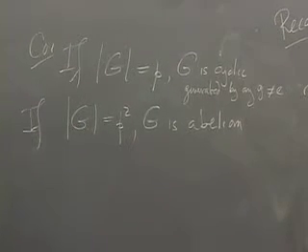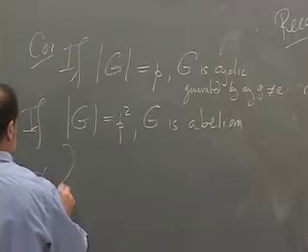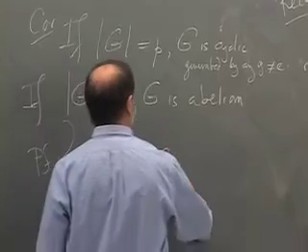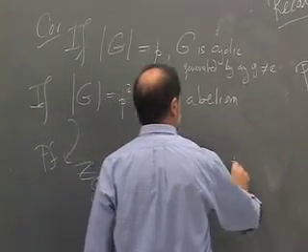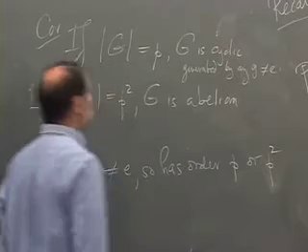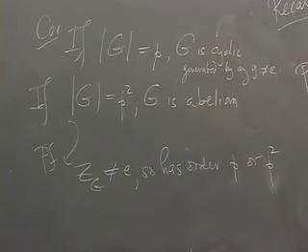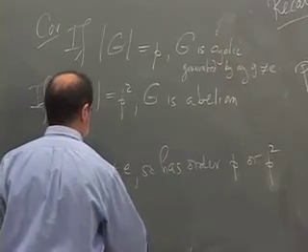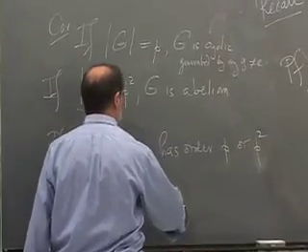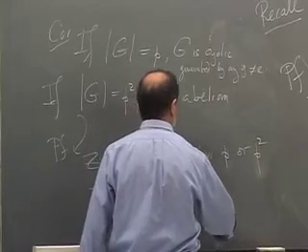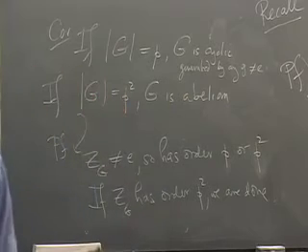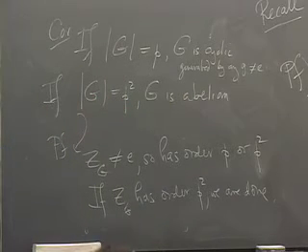Well, it has a non-trivial center. Proof. The center of G is not equal to the identity, so has order p or p squared, because those are the only two divisors of p squared. If the center has order p squared, we are done. Correct? Because if the center has order p squared, that says everything commutes with everything, we're done. If not,